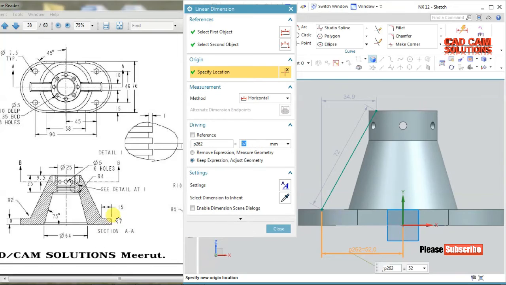By calculating the total distance minus 15 minus 15, so this value will come to 52,